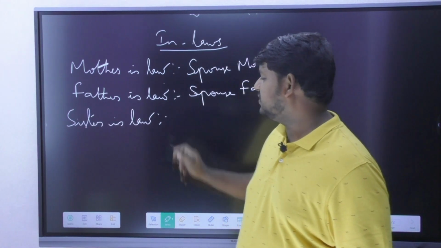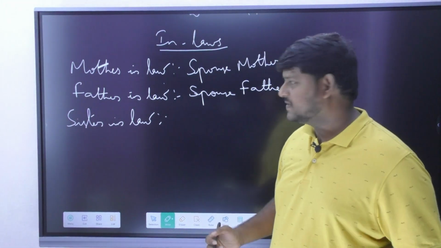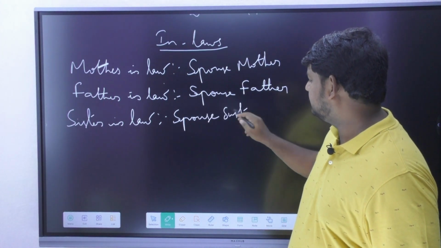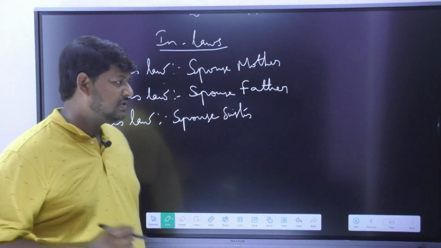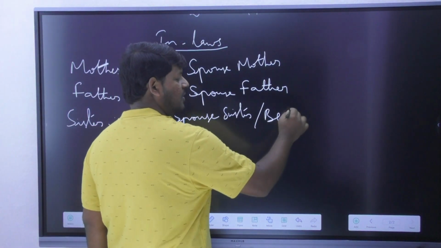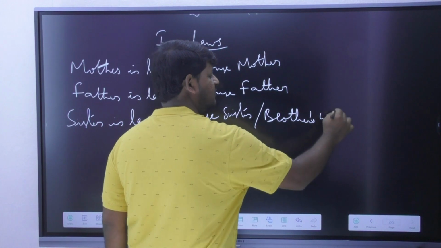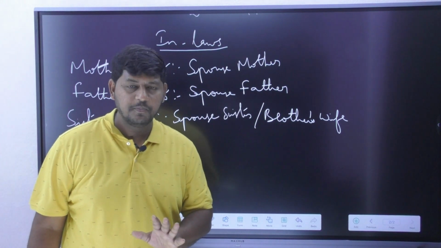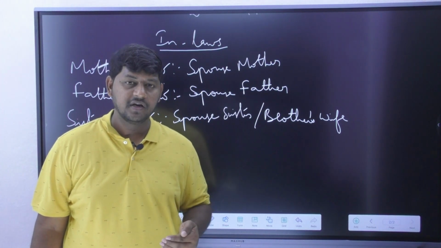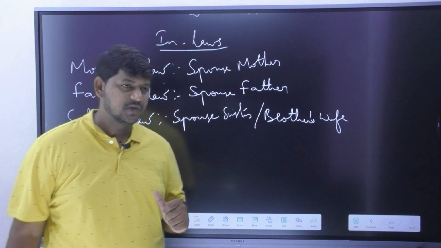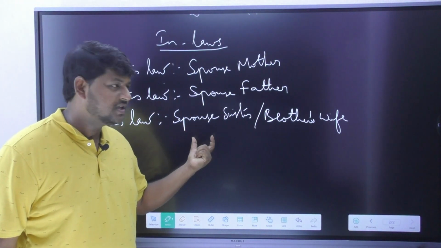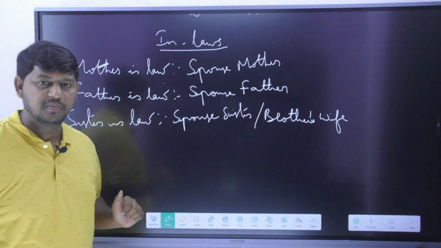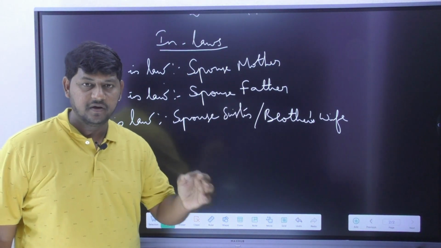sister-in-law. Please do remember, whom do you call sister-in-law? It is definitely your spouse's sister, and not only your spouse's sister, but also your brother's wife. Your brother's wife is also going to be called what? Sister-in-law, because she is also not part of your family. She is also entering into your family through the system of marriage. That is why we have two possibilities: spouse's sister and brother's wife. These two pieces of information you are supposed to remember when the keyword sister-in-law appears in your question.